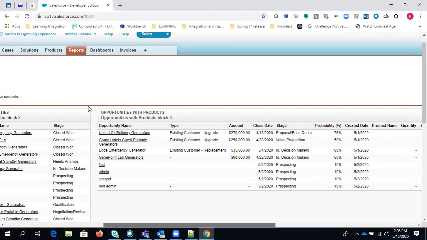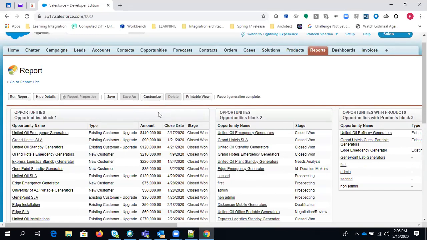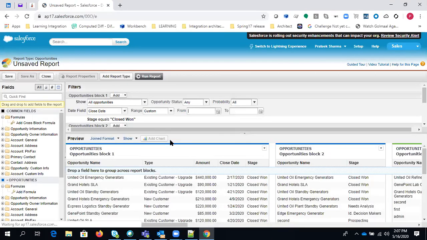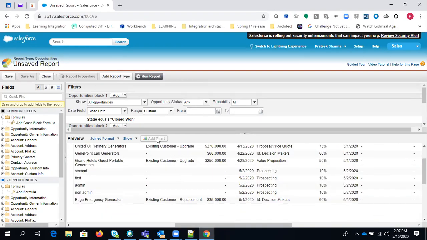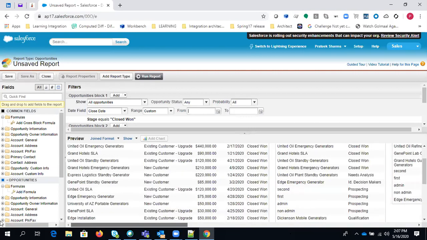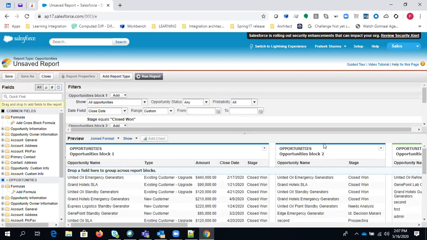So guys, you can only create a dashboard with this report type, right? If you are using the opportunity and this, you have to add a chart in order to create a dashboard. So you have to create a chart on the joint report in order to create a dashboard, right? Otherwise you won't be able to create a dashboard on a joint report. So these are the 4 types of reports we have. Let me just go ahead and save it.